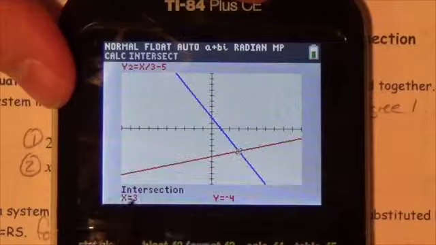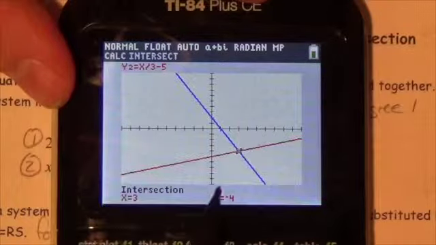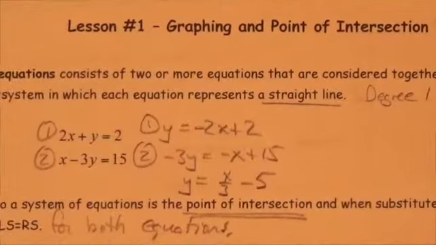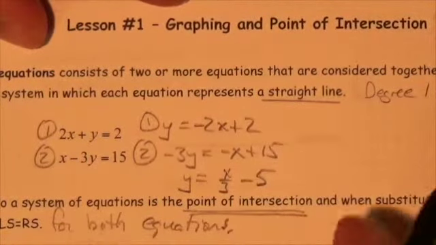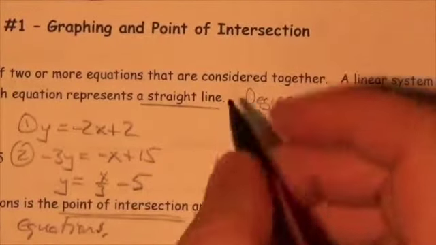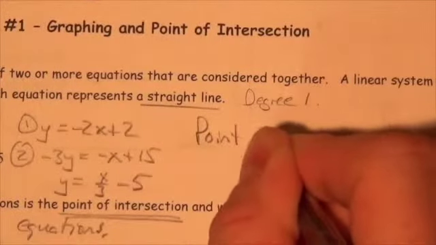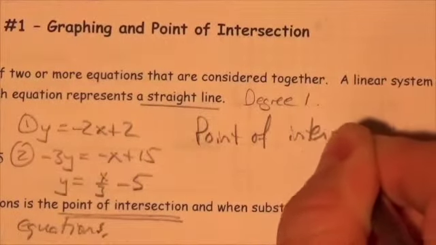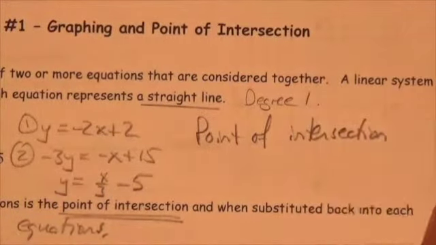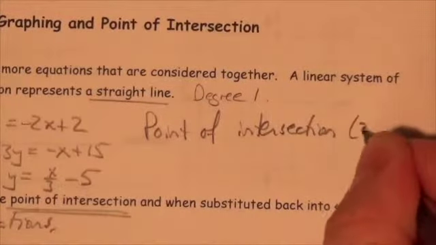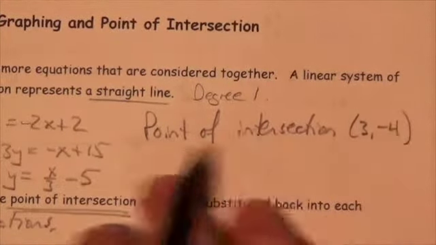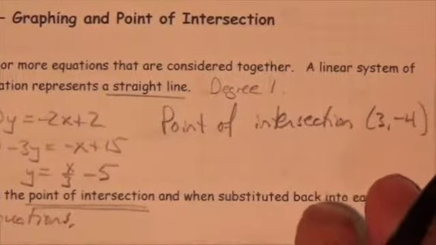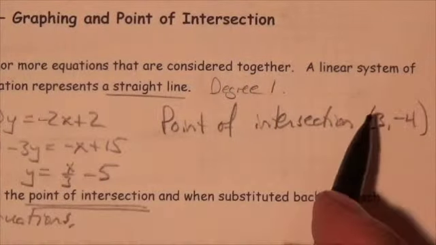And you see really quickly here, it gets us the point (3, -4). Now, let's go back and look at our system and talk about that. So the point of intersection, our point of intersection here, was the point (3, -4). What that means for us right now is that that particular point satisfies